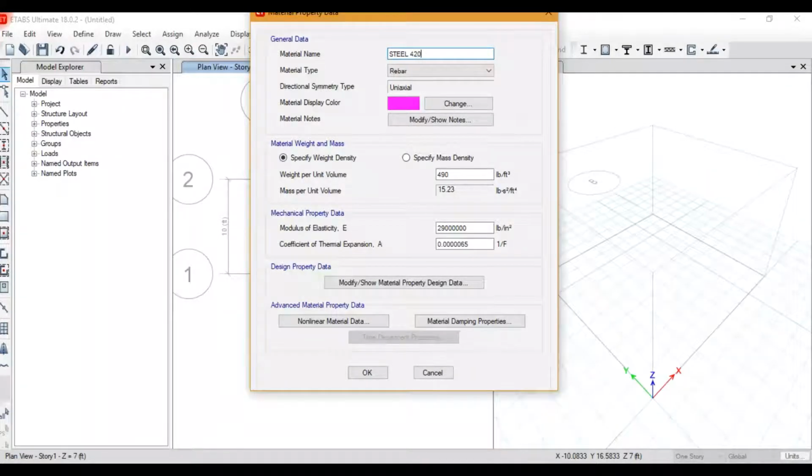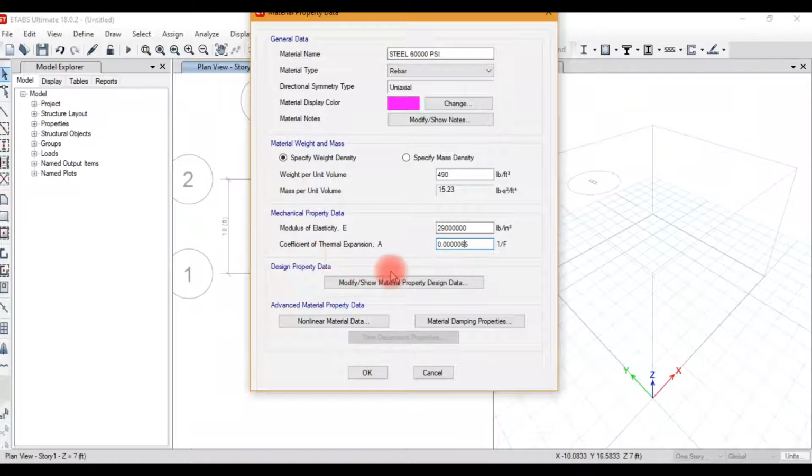The weight per unit volume 490 pound per foot cube. Mass per unit volume is automatically calculated. Modulus of elasticity given here. Coefficient of thermal expansion given here.